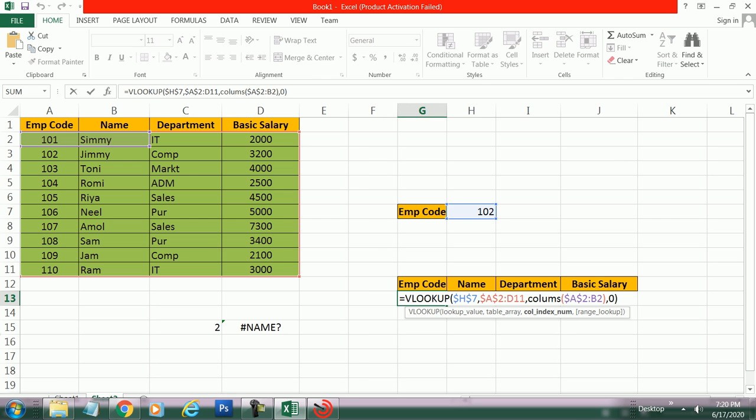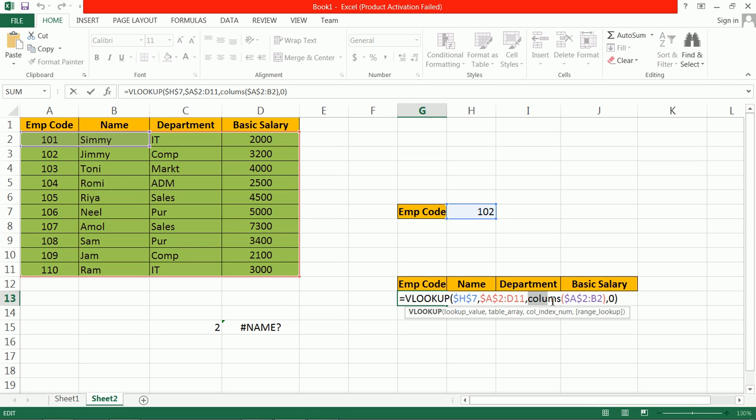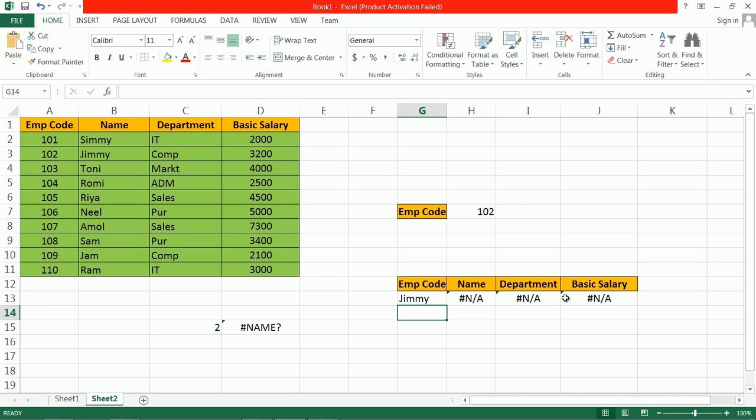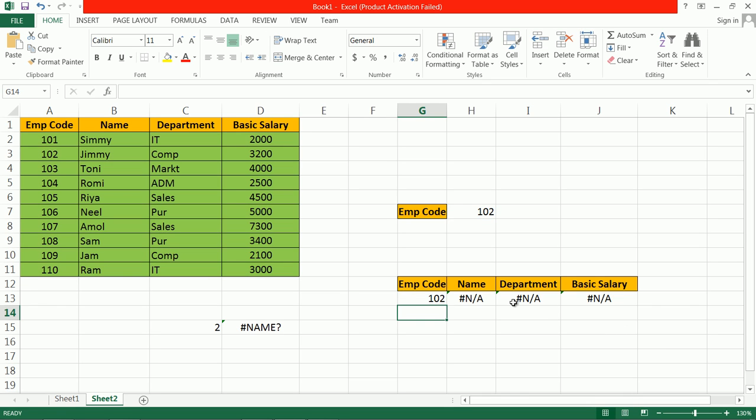Let us apply this function here. I think there is a spelling mistake here. Yes, right here I have a spelling mistake. Here the function is COLUMNS. Now press enter. A2 to B2, that is 1, right? No, 2. Then A2 to, right here, A2. Now drag this formula.